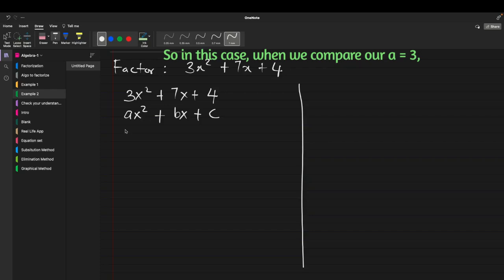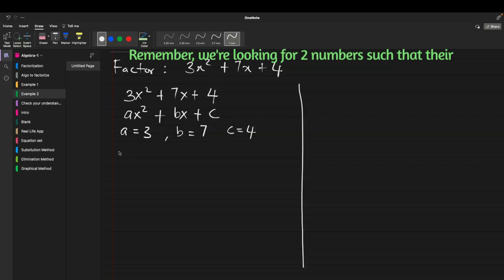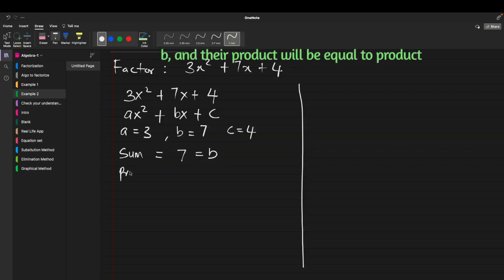So in this case, when we compare, A is equal to 3, B is equal to 7, and C is equal to 4. Remember, we're looking for two numbers such that their sum will be equal to 7, right? Which is B, and their product